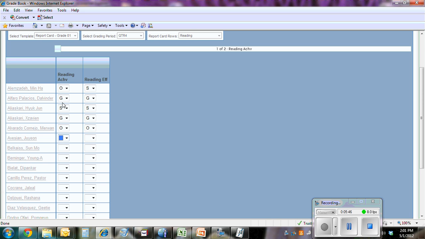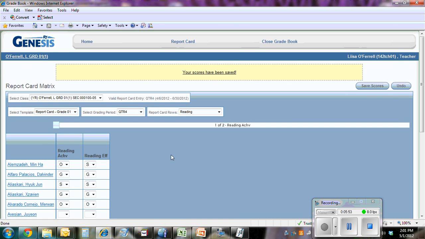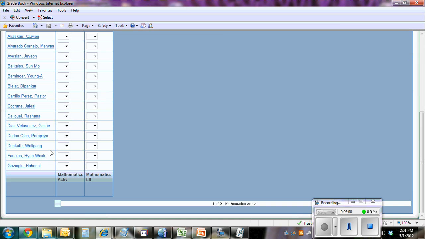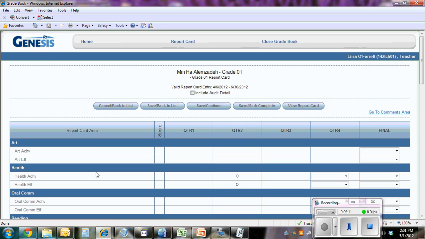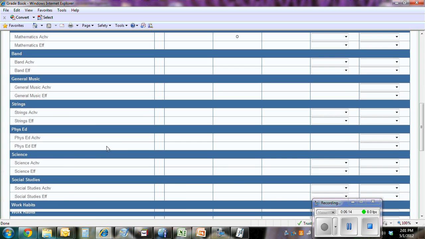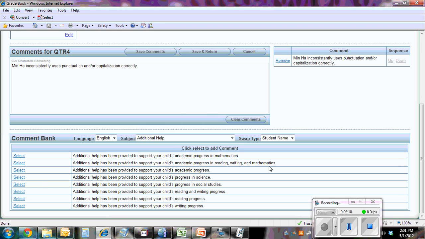Okay, so once you have all your grades in there, now you can save scores. Always remember to keep saving. Okay, so I could go through and do it by subject that way for fourth quarter, and then you can get all of your students that way. Now, you would still have to go into the student's profile. Even if you did it by subject, you'd still have to end up clicking on the student to ultimately come down and insert your comment,